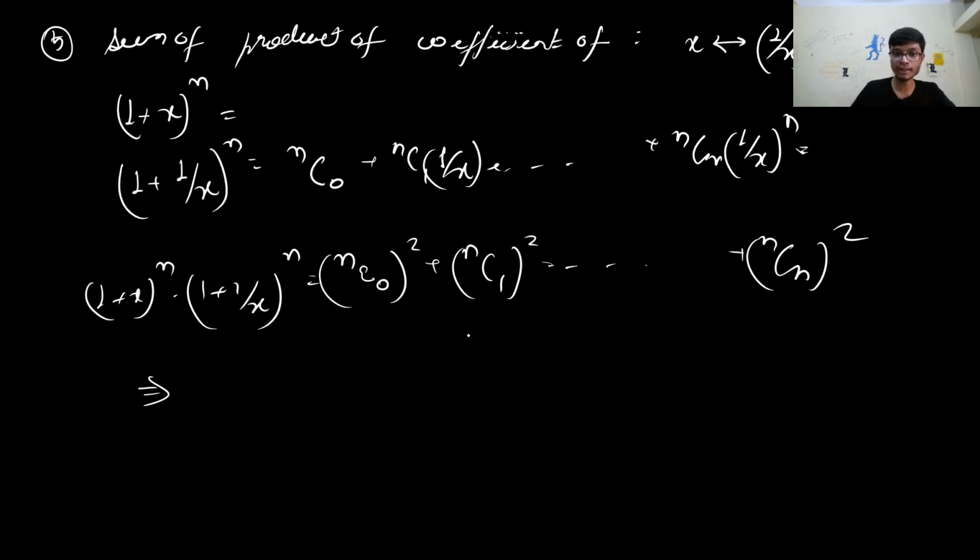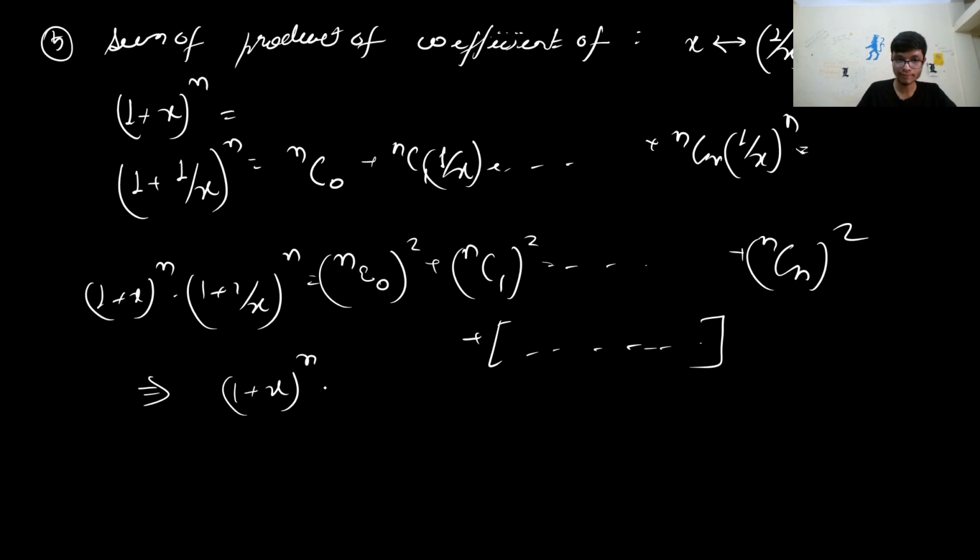Okay, and similarly there will be other terms involving the product. I am not writing the product terms. So you can see that the product of all the binomial coefficients, that means nC0 whole square plus nC0 nC1 plus nC0 nC2, and so on, there will be a lot of terms involved, but this particular result is simply given by this particular product, and that is basically (1 plus x) raised to the power n